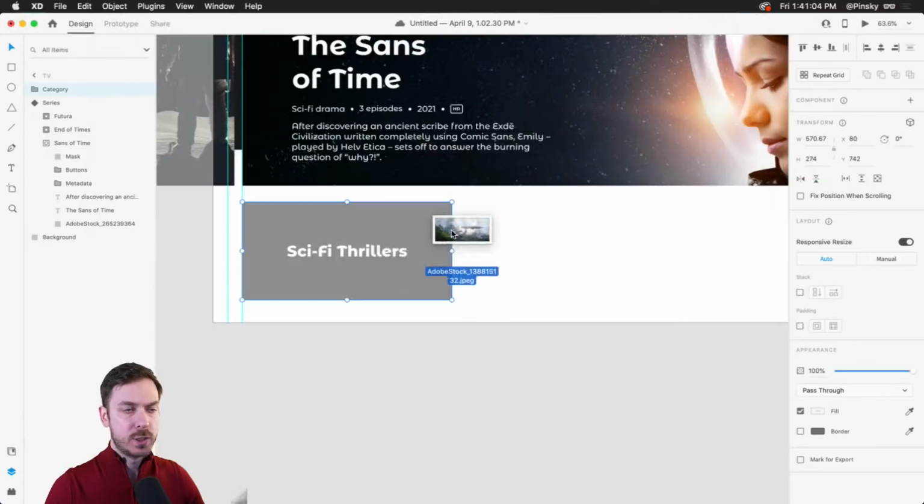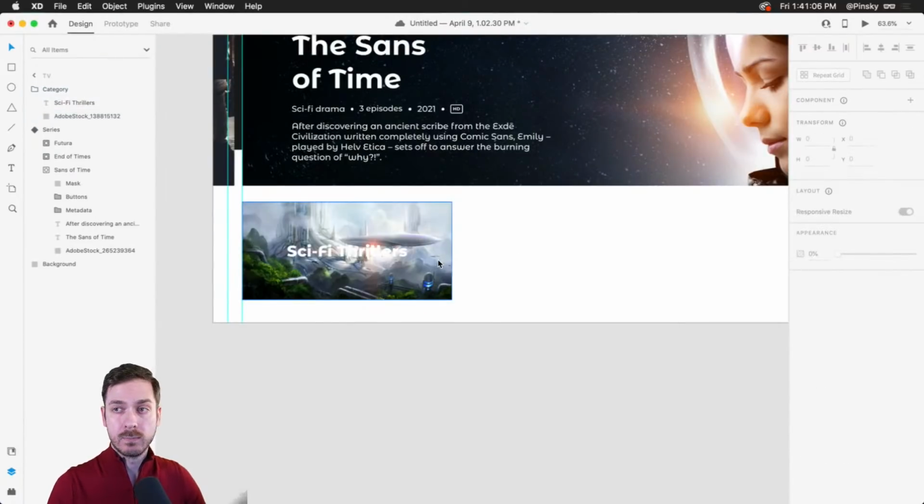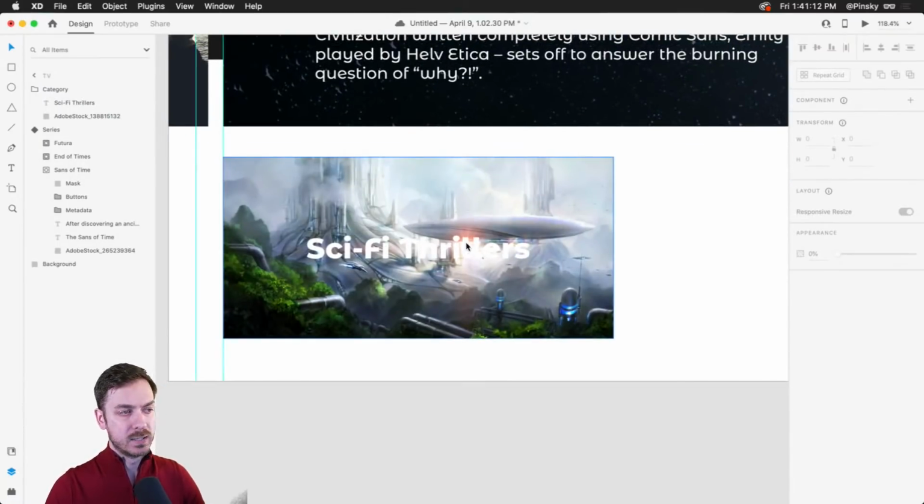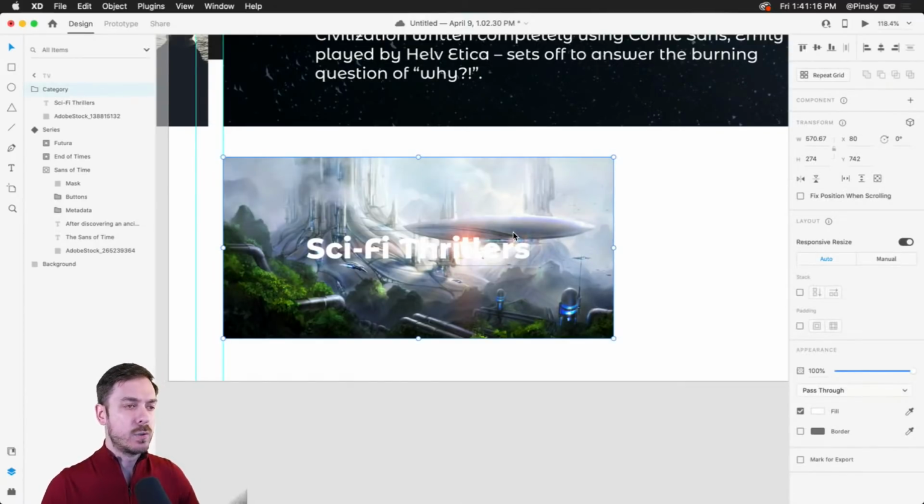Let's grab this image here and, there. So you see kind of what we're dealing with. We do have a little bit of an issue. This comes back to what we were talking about earlier: what's the best way to tackle this? Do we add an overlay on top? Do we add an overlay at the bottom? Do we bring this into Photoshop? Now, I think something like this, probably not necessary for Photoshop, to be honest.